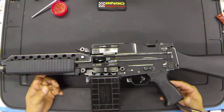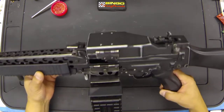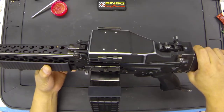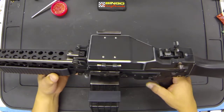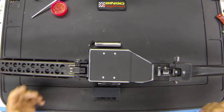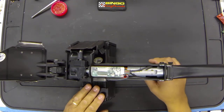Okay, I'm now going to demonstrate the disassembly and reassembly of the G&P Mk23 Stoner 63. This version happens to have the SMP engine in it, but the assembly and disassembly procedure would be similar even with a Fusion engine installed. Alright, so the first thing I'm going to want to do is start by taking off the box mag mechanism